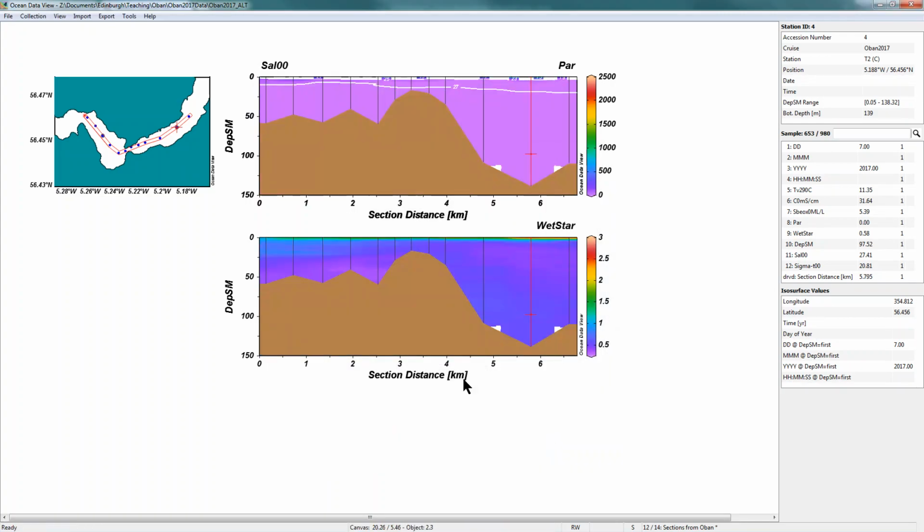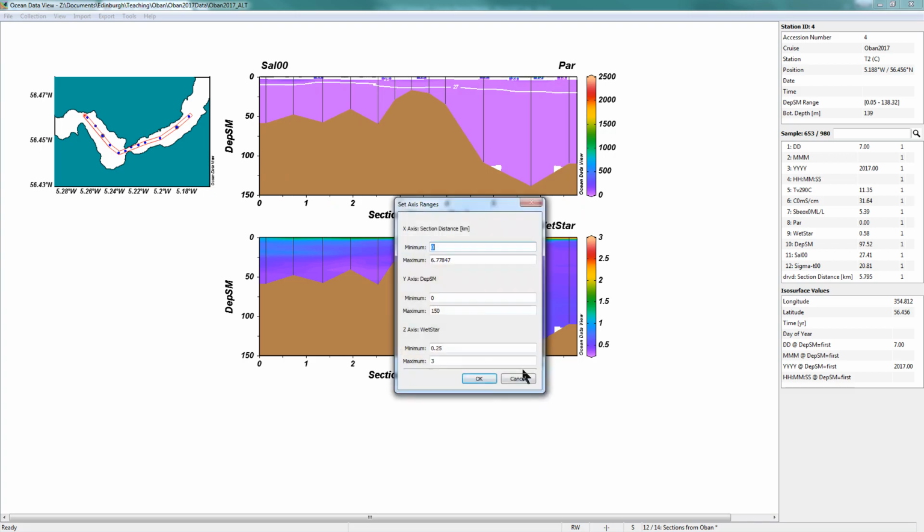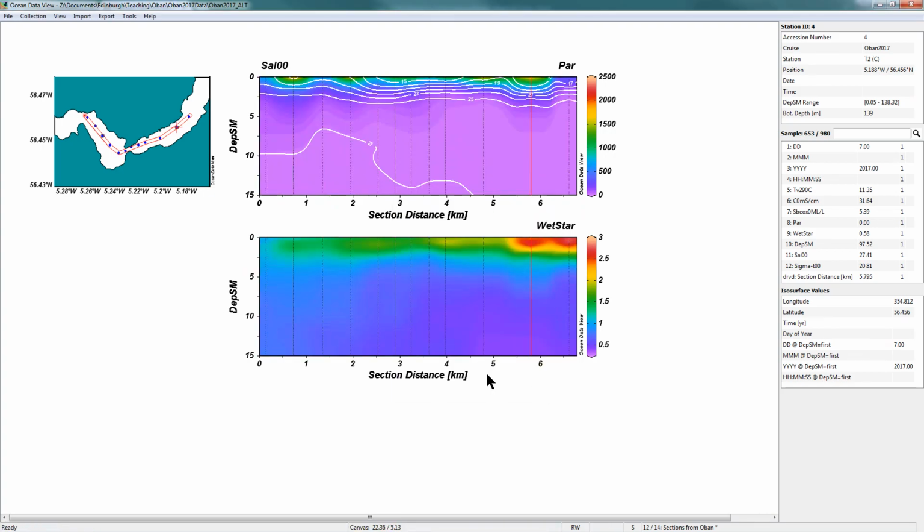like that. Okay, so one thing that is slightly annoying about the way that ODV works with sections is that if you have more than one section on a diagram like this, the Y scales, the depths, are always the same. So just go to set ranges again, change that back to something a little bit more annoying. Right, so they're always the same,